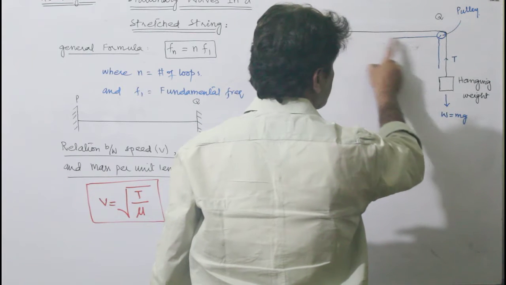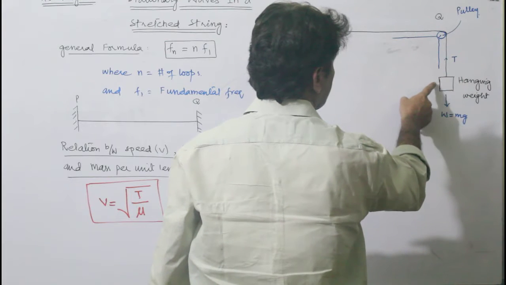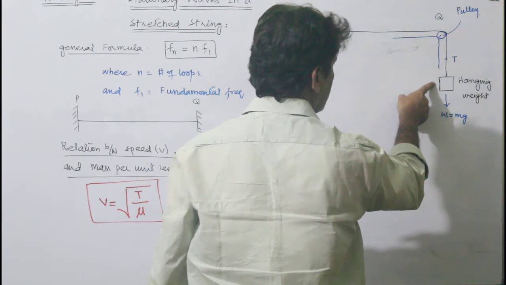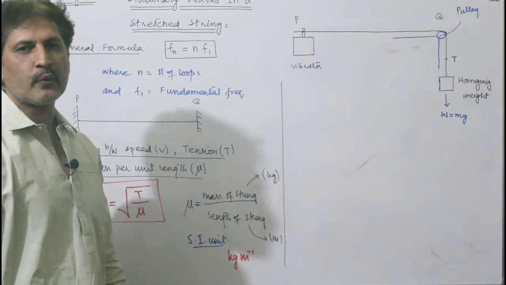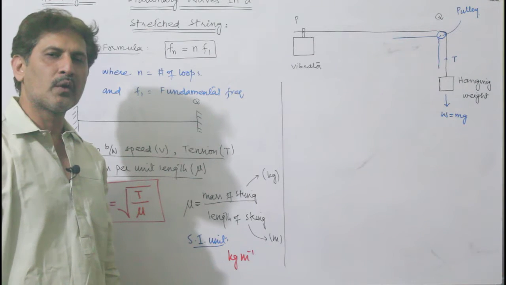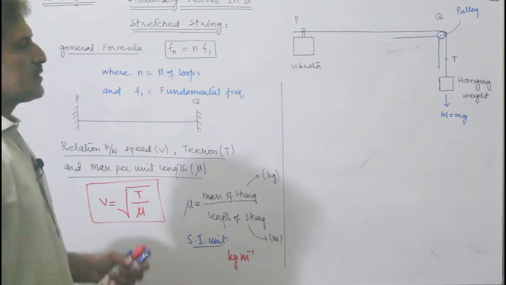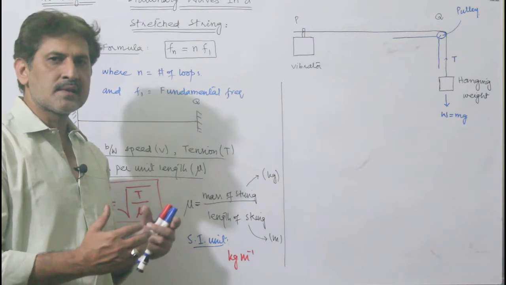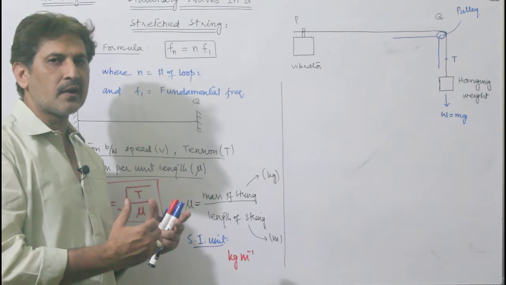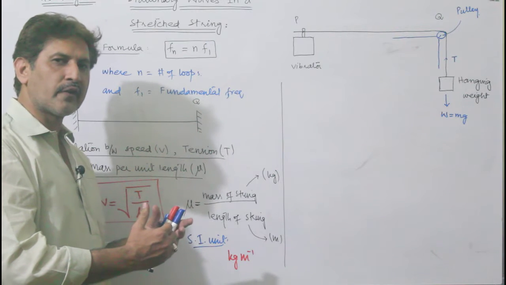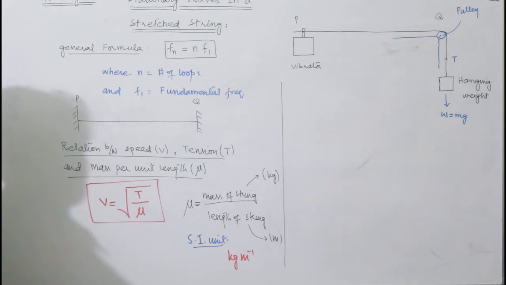the speed of those stationary waves is affected by this tension generated in the string, because if we change the hanging mass value, the number of loops in this string will also be changed. It means the frequency and the speed and the wavelength will also be changed because of the change in the tension. And if you use the string of the different thicknesses, the speed can also be varied for the stationary waves generated in those strings of different thicknesses. Now we'll discuss about the formula